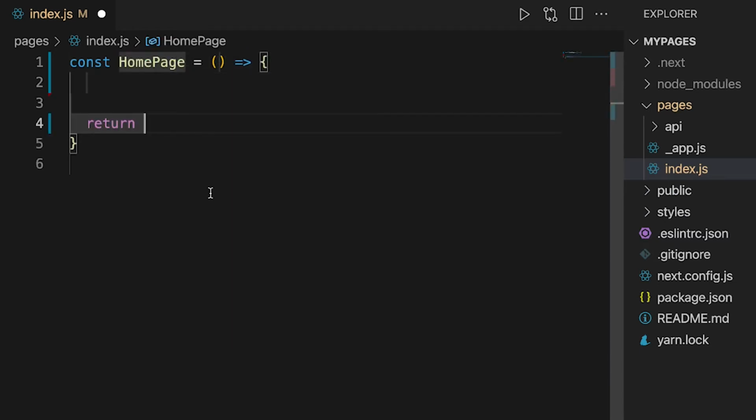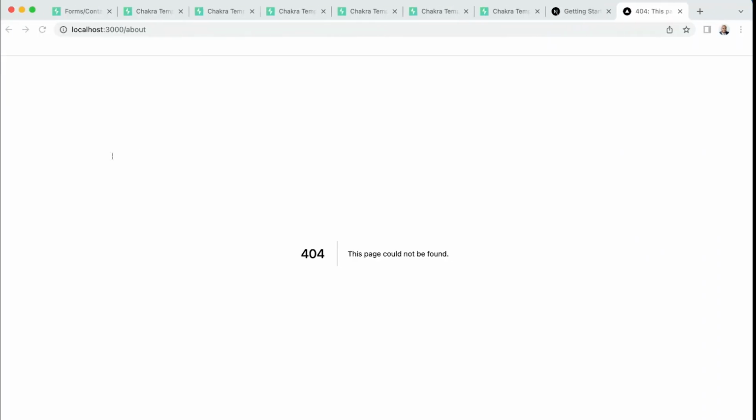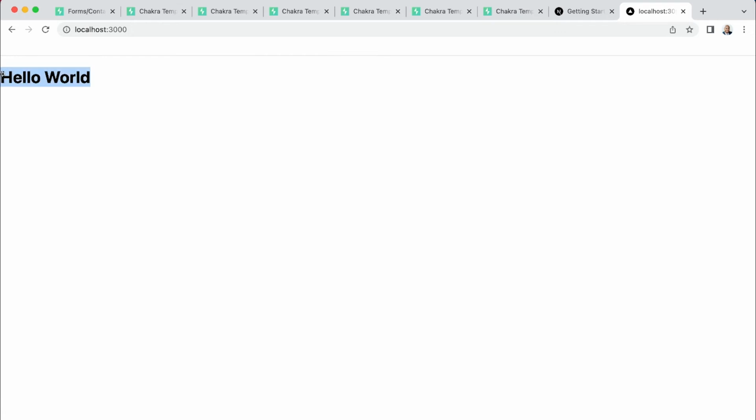And I'm gonna come here. I'm just gonna add a very simple tag just for us to go. We're gonna go very slow, but we're gonna go a little bit fast as we go along. So this one's going to be a hello world, and I'm gonna export this one as default. I'm gonna go here and export this homepage as default. And if I go back to the main website, which is just the homepage, you can see my hello world,